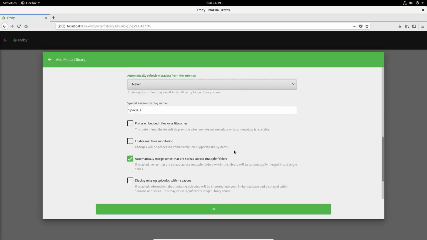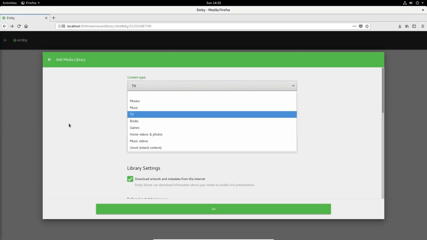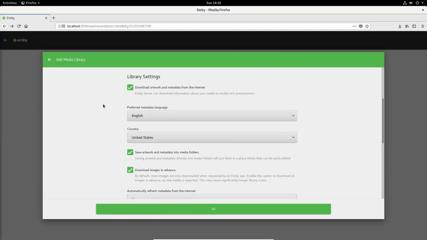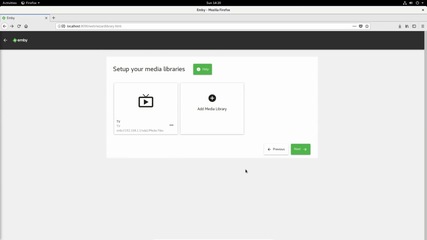Once you've selected all the settings that you'd like, and of course you don't have to add server stuff directly from a media share like I did. I have a Samba server on my LAN, and I added it that way. If you want to just add video files directly on the server itself or the desktop or whatever you're running it on, you can go through the add option as many times as you like for as many different content items as you like. We're just doing TV because that's the kind of media that I have right now on there. So I'm gonna click OK, and it knows that the media is there, and then I can click next